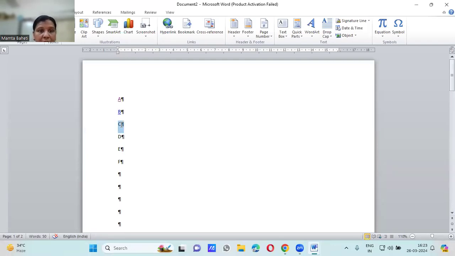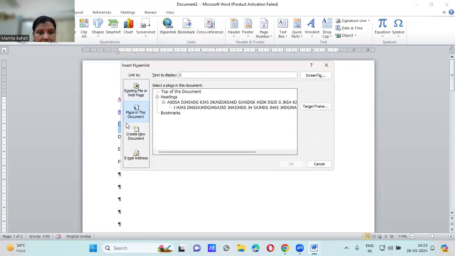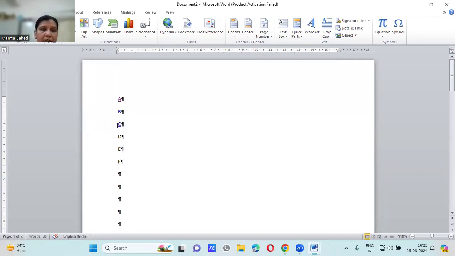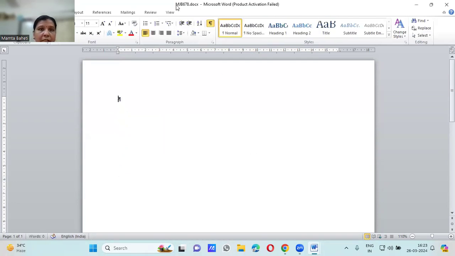Okay, now for C option, what I'll do, I'll create a hyperlink and just click on new document. Okay, and the name of the new document will be MJB 678. Okay, and I'll just edit the new document later. See, when I click on Control C and click on yes, see the document named MJB 678 is